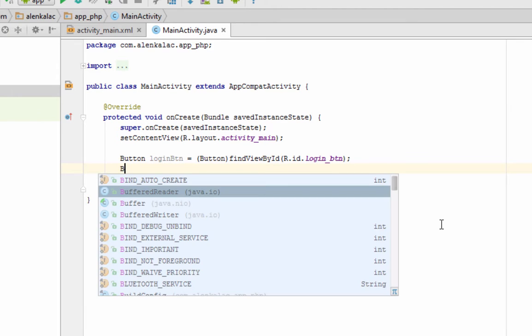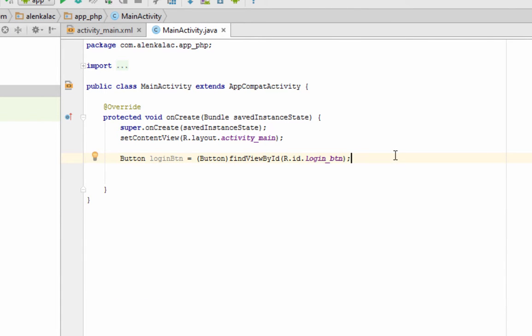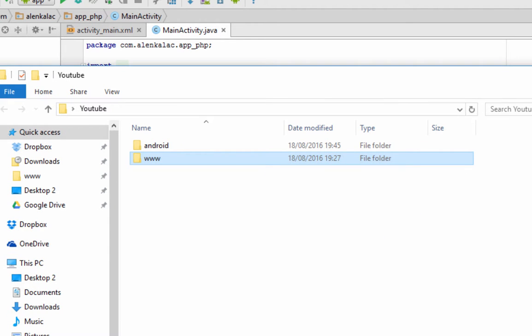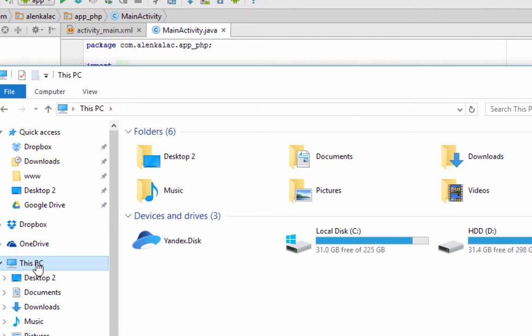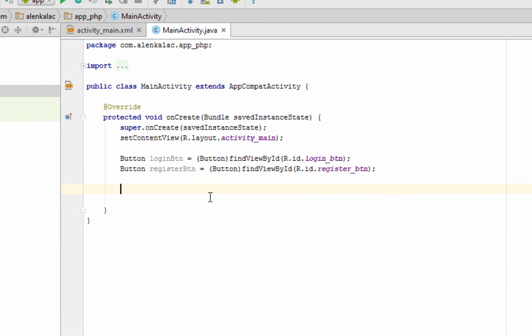So now that we have that, we can pretty much duplicate it. So Control D to duplicate and call this register_btn, and find the thing with the ID of register_btn. Okie doke. So now we need to add events to the buttons. The click event is basically just called click. Oh man, how am I doing with the actual space? And it's not too bad. Okay, so